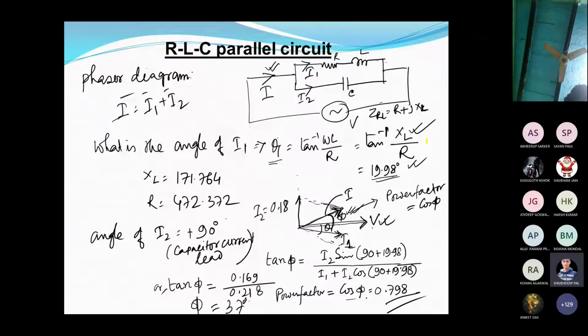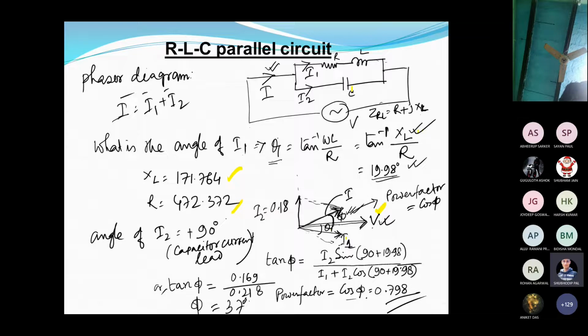So you can place the vector I1. So where will I1 be? Say the value is 19 degrees, and it is I1. The current is lagging in this circuit, because in an RL circuit the current lags with respect to the voltage. So this one you have drawn, and depending on theta, it is coming to this. With respect to voltage, it is lagging. Now next, the current I2, that means the current through the capacitor. There is no resistance, so obviously it will be 90 degrees leading.